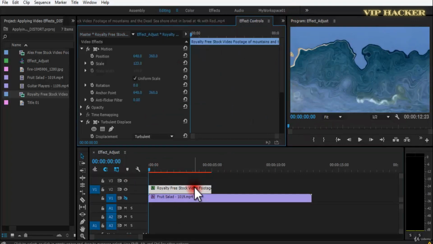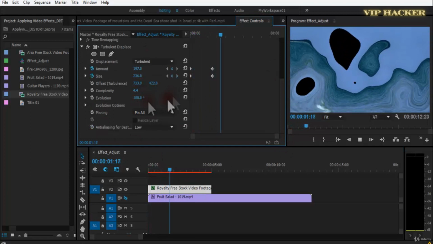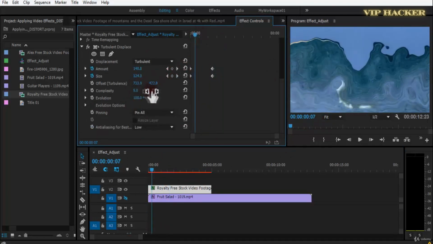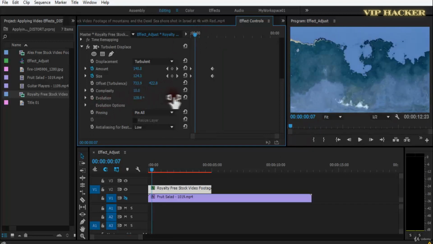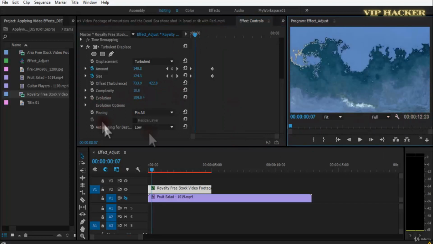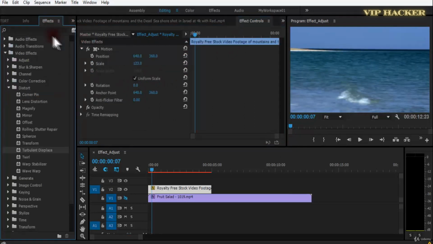Go to effect controls, select this, I would again apply the turbulent displace effect here,